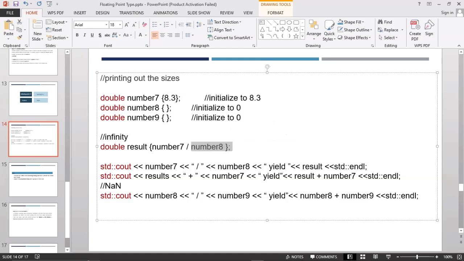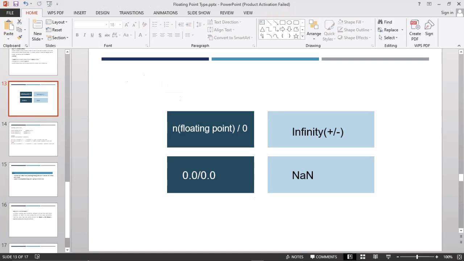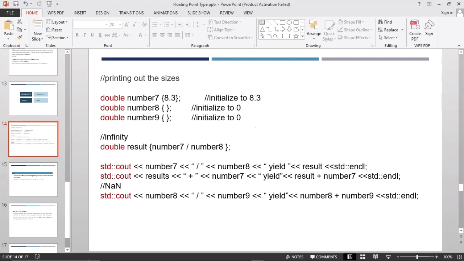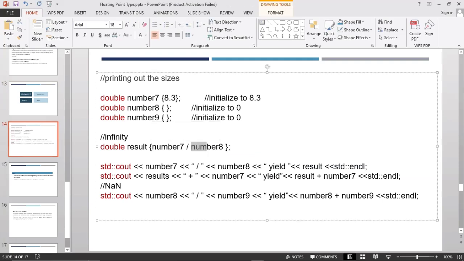So we are dividing floating points by 0, and that is exactly what we are doing here. Floating point types divided by 0. So we're going to get infinite. You're going to see it yourself. So 7 divided by 0, and sorry, this is just a string character. We have already done everything here, which is in the result, so we're going to see it printed out in the result. And we have the result plus 7. So result is the value we get from the infinite, plus 7, so it's going to give us the same